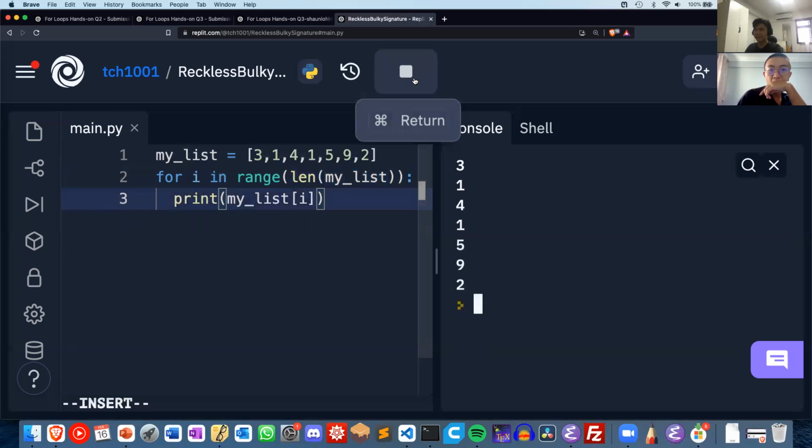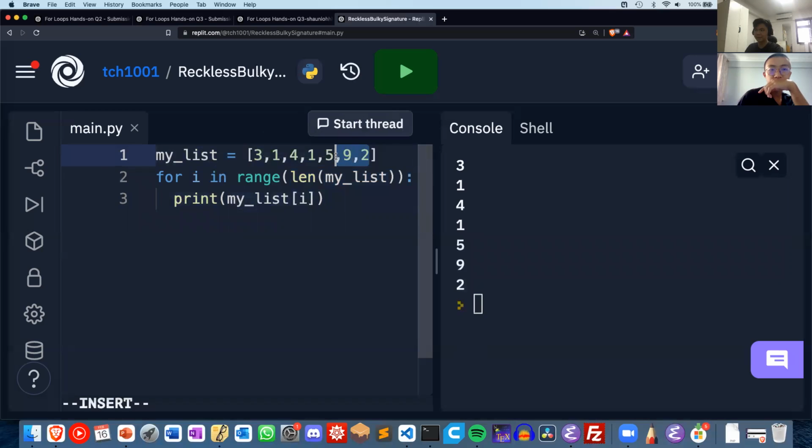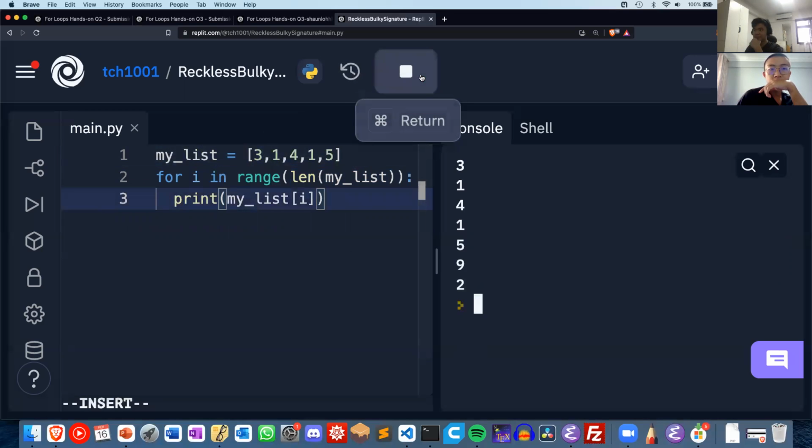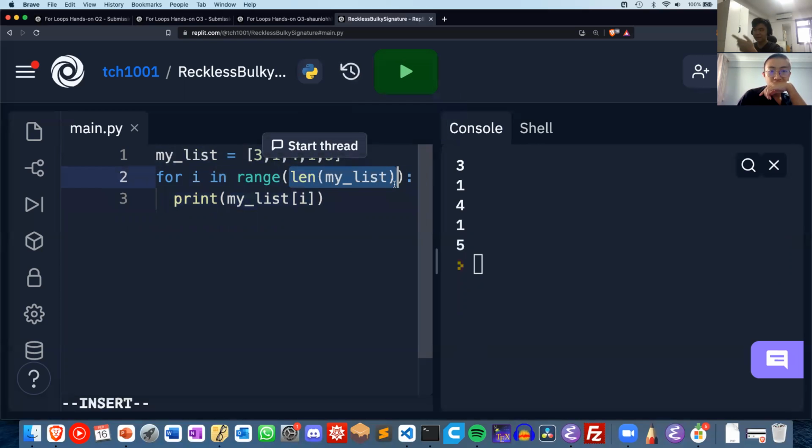Because now if I press run, we see all the numbers. But let's say I change it all the way back to 5 elements in the list, then we see that length of my list now recalculates. It calculates the length of the list to be 5. So now this is effectively for I in range 5. And as I change more elements in the list,